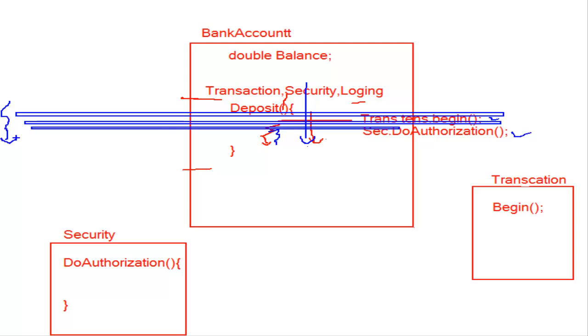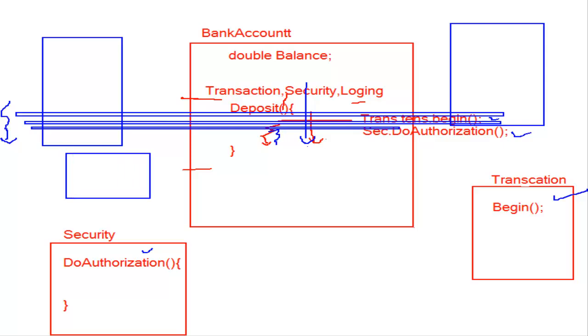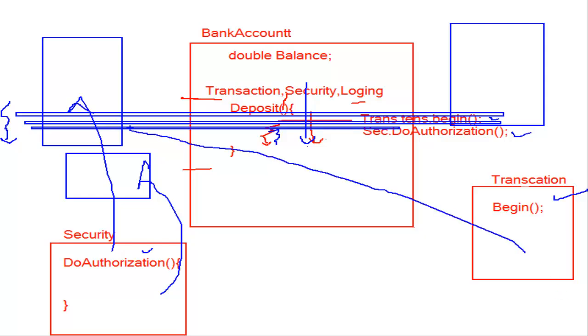You have drawn class diagrams. Have you drawn class diagrams or object diagrams, wherein you show the dependency of one class on the other class? Have you done that? Yes. Suppose you take the dependency of security, transaction, and logging. You will notice that your application may have many classes, all of them dependent on security, all of them dependent on the transaction. You notice that the most favorite classes in your entire application are security, transaction, and logging. Why? Because every class is making use of them.